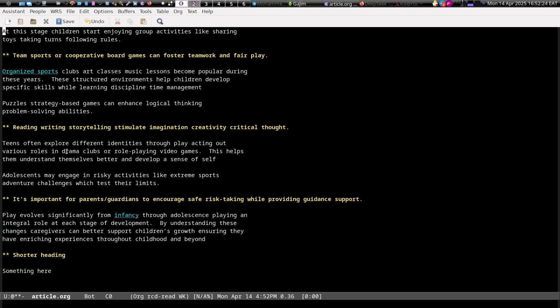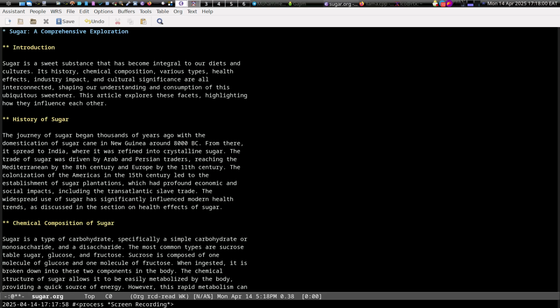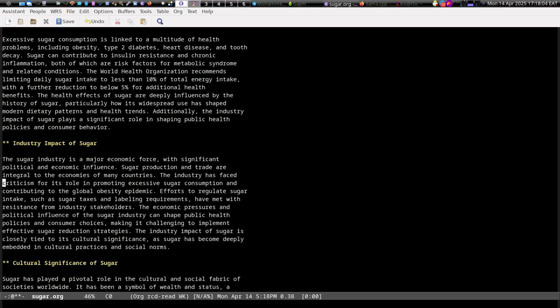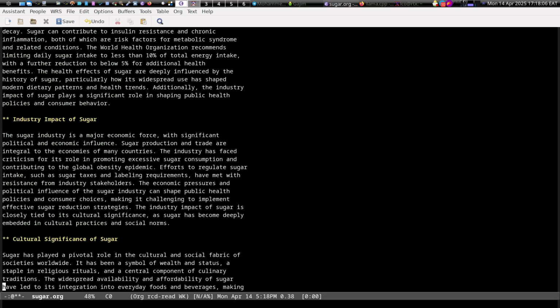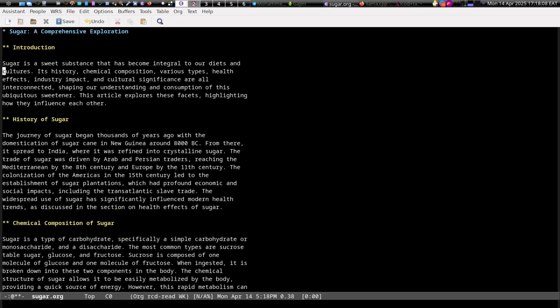Okay, so anything now you can link, and you are going to find it. Okay, now I am going to show you again about semantic linking. Now here I have some article about sugar. The first thing we do is we have to generate embeddings, and